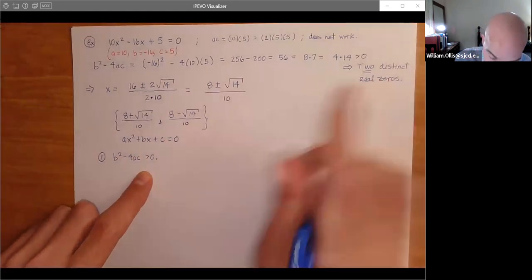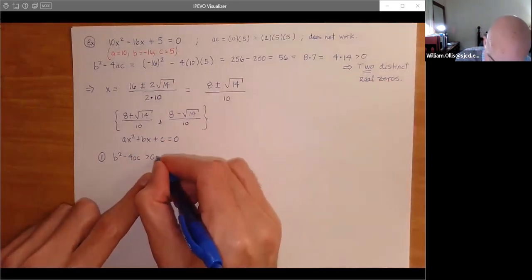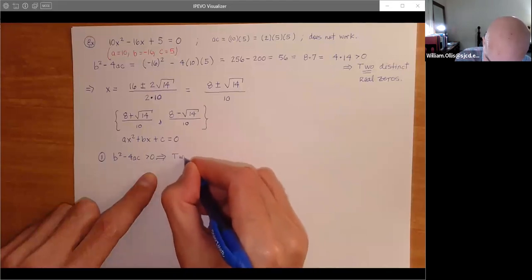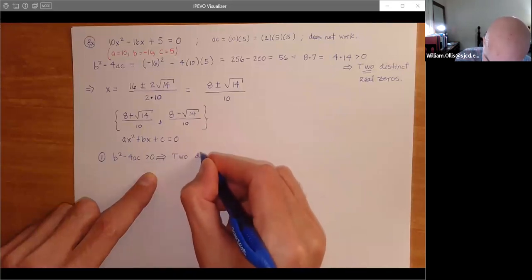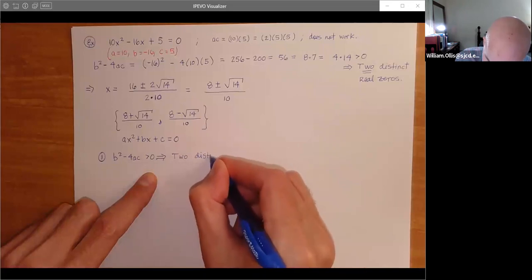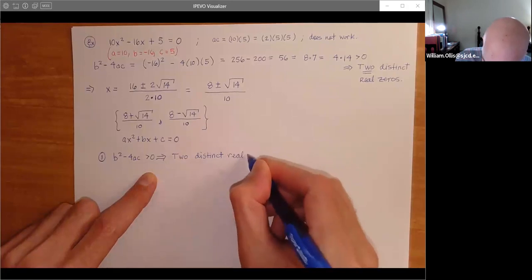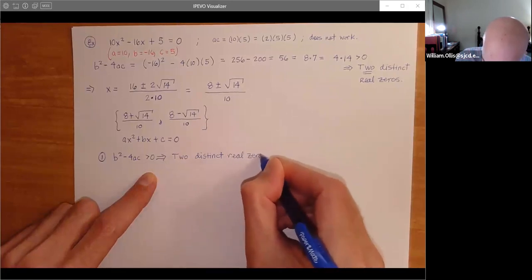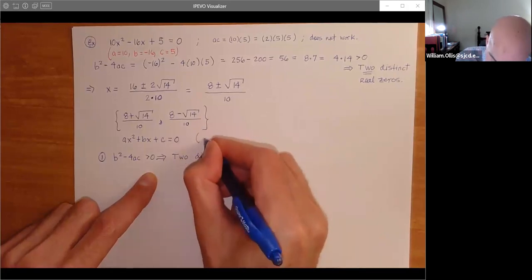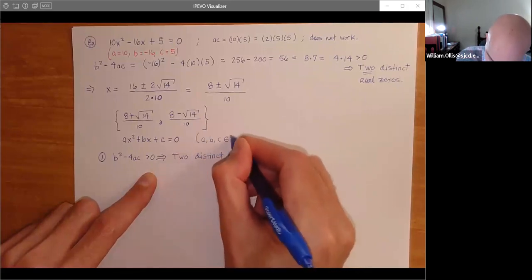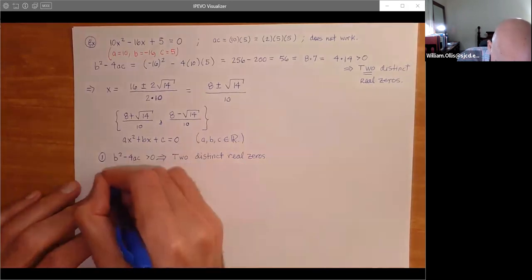And then we're going to write, what does this mean? Well, this implies 2 distinct real zeros. And again, what we're assuming here is that A, B, and C are real numbers. Number 2,